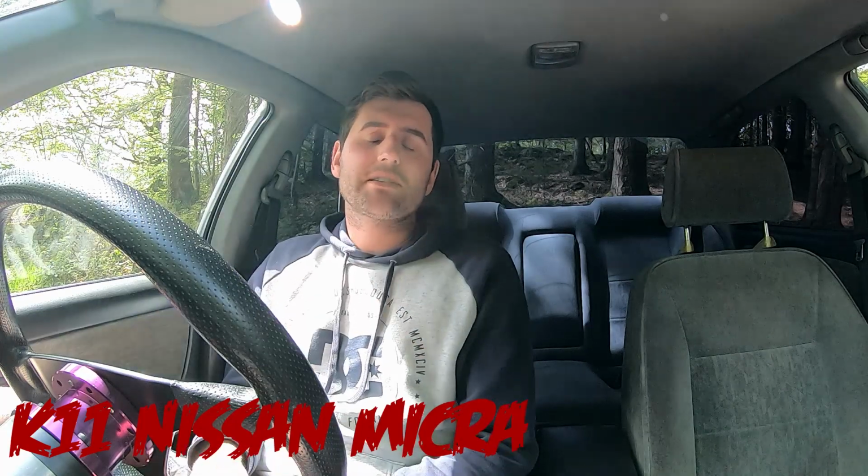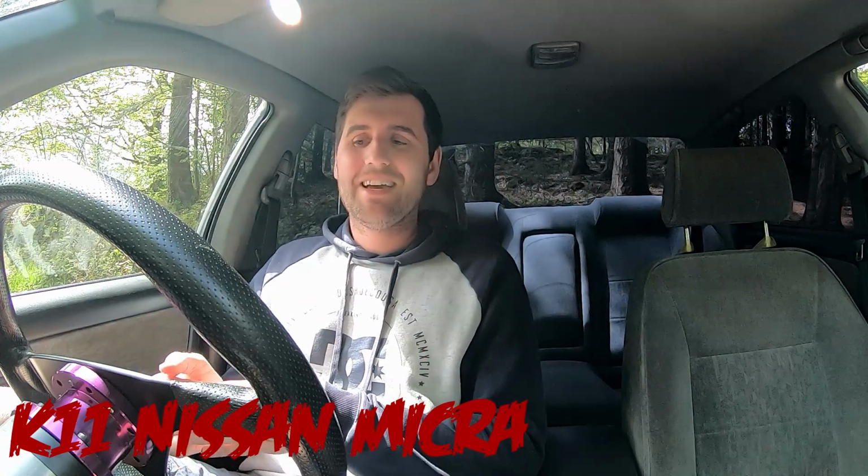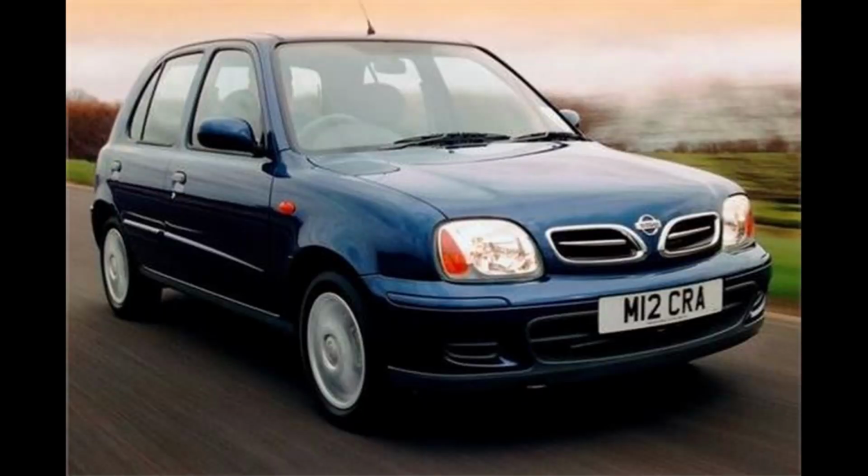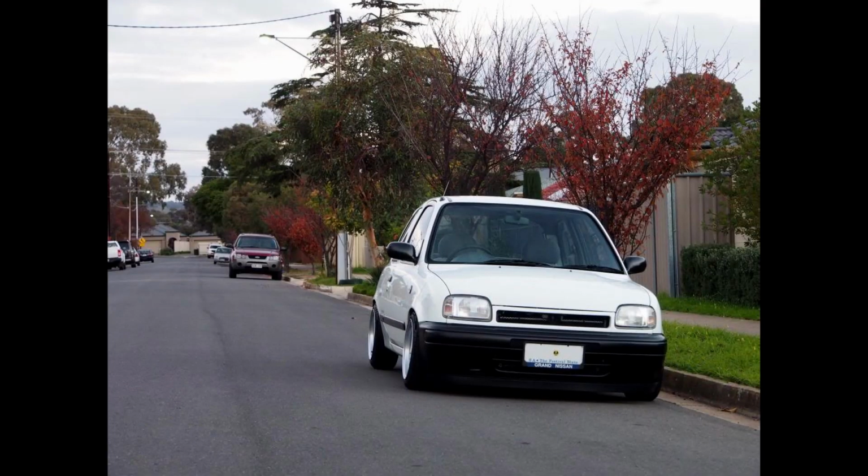So number 2 on my list is the K11 Nissan Micra. You might think I'm slightly obsessed with these things, and it is partially because I am. They're just great little cars. There's no secret to why people use them as delivery cars all the time. It's just because they're super reliable. You can pick them up in the UK at the moment for like 300 quid, so they're really, really obtainable and